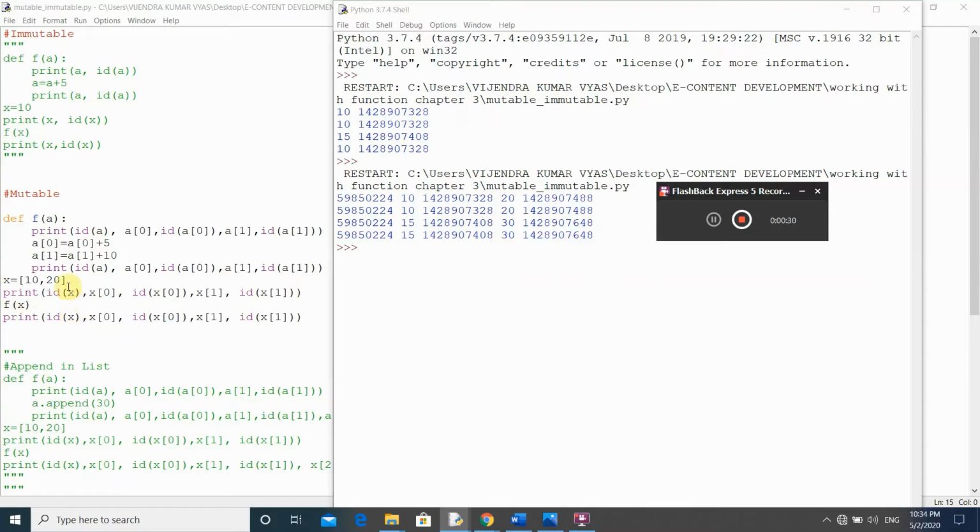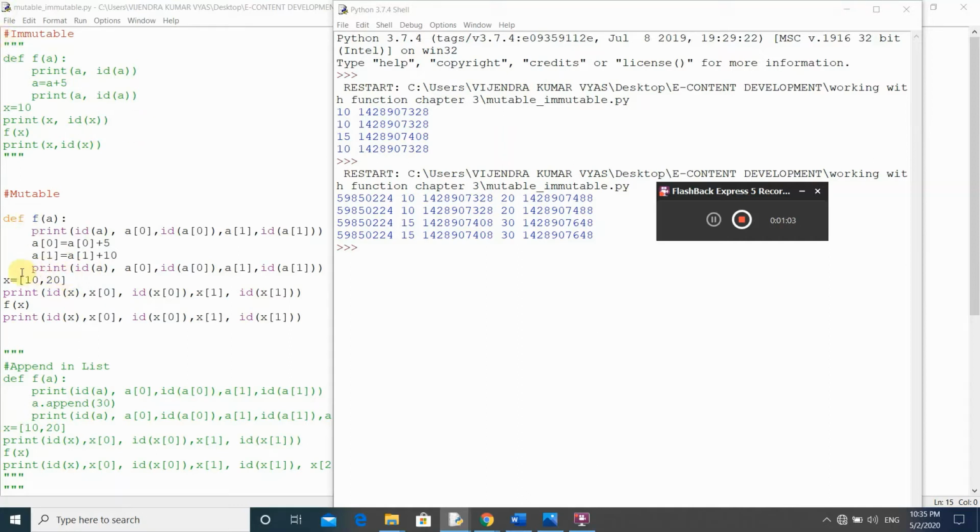So you see, this is a program where x is a list having two elements 10 and 20. So this 10 value will store at x of 0 and 20 value will store at x of 1.